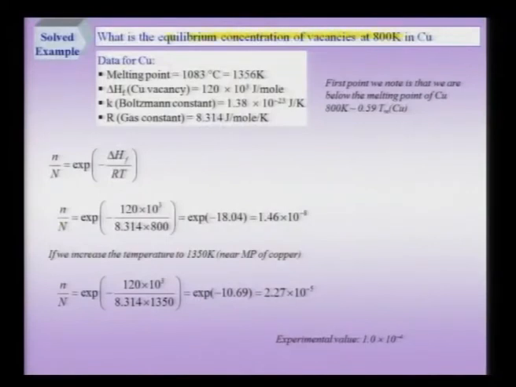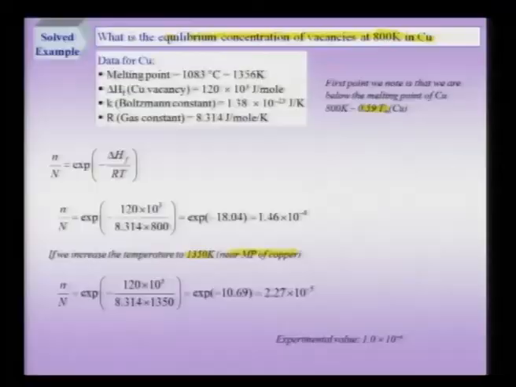So, let us calculate in this example the equilibrium concentration of vacancies, for instance in copper, and we will consider two temperatures: one temperature about 800 Kelvin, which is slightly more than half the melting point of copper, and one temperature which is close to the melting point of copper, about 1350 Kelvin. What I am trying to calculate here is the equilibrium concentration of vacancies, that means that which has been